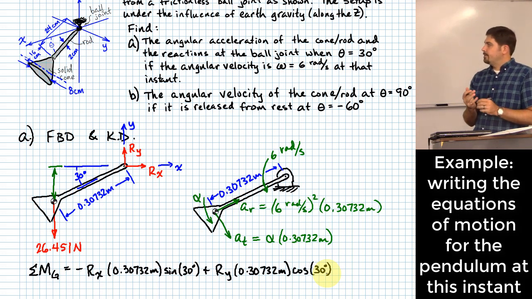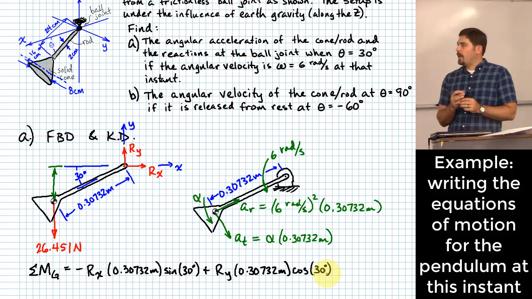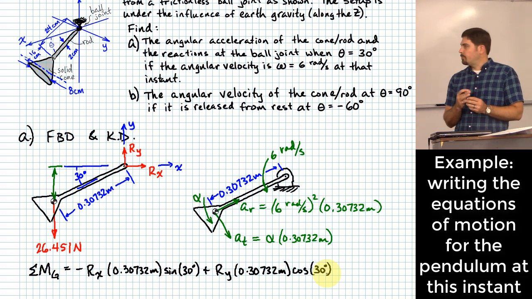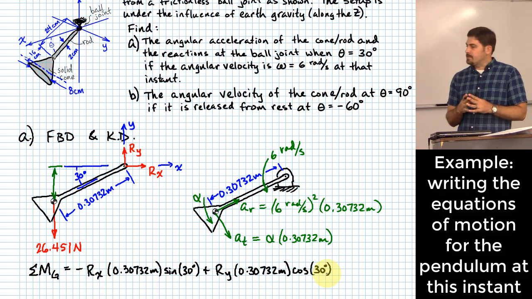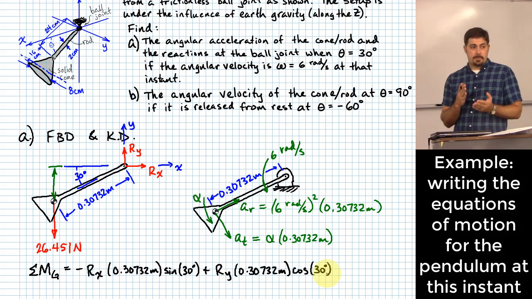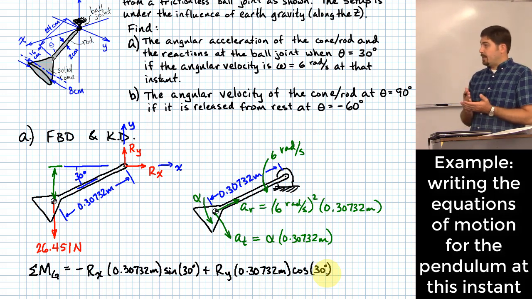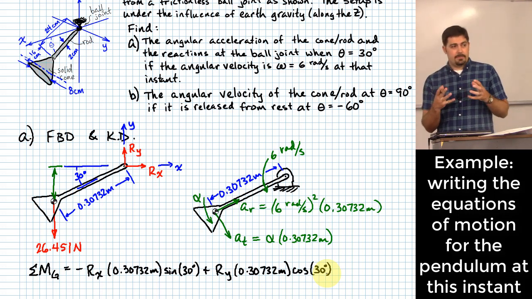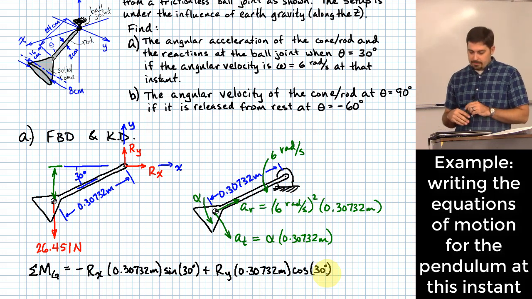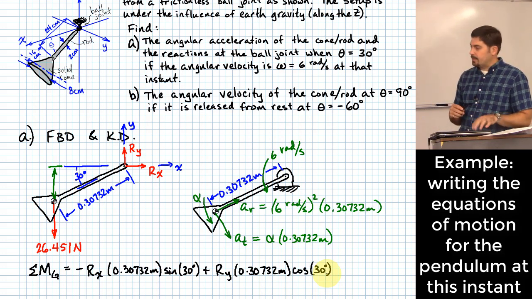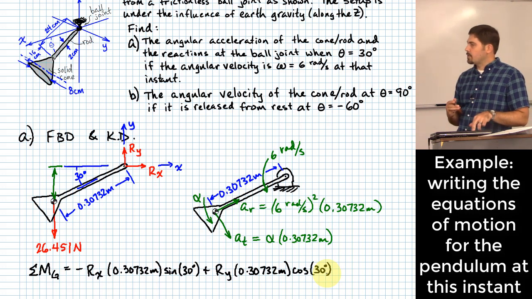All right, so far so good. What about weight? The 26.451 newtons that I have there. Do I need to deal with that, or is that okay? Okay, so you look at where the line of action goes through. Does it pass through the point we're evaluating the moments around? It does, and so therefore it doesn't tend to create moments around that point. So we leave that term, or anything that has to do with that force, off of this